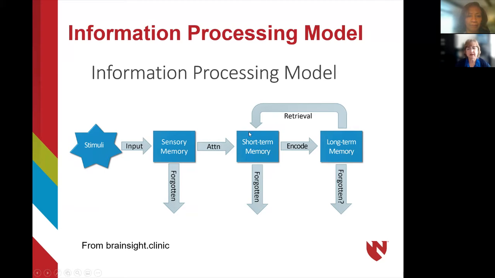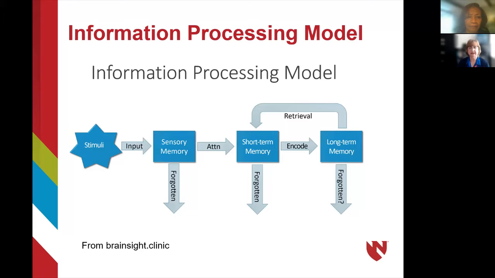Then it's thought that, and it isn't on this representational model, but it's thought that there's another short-term holding area for all of the items that we have dealt with in our working memory during the day. And as we sleep, our brain makes a decision as to whether or not that information was important enough in our day, or it wasn't important enough. If it wasn't important enough, it's going to be forgotten again. If it is, it's going to be encoded into our long-term memory.